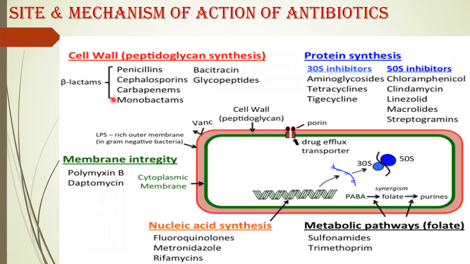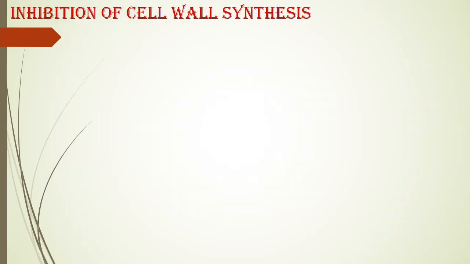For example, beta-lactam antibiotics will act by means of cell wall inhibition. Protein synthesis inhibition will be carried out by aminoglycosides, tetracycline, chloramphenicol, this kind of antibiotics. I mean, different antibiotics have different mechanisms of action. Okay, now we'll study one by one. You have to remember those things, because later, whenever we study the individual antibiotics, I will not be explaining again and again. So all together I am just explaining everything.